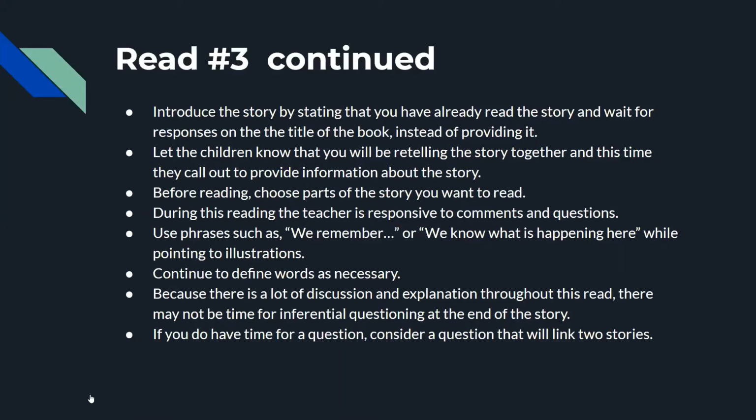But I would say to them, this is the time that you guys get to help me read the story together or tell the story together. You don't have to raise your hand this time. You can tell what's happening on the page. It takes them a little while to get that no hand raising protocol down because they're used to that in so many other scenarios within the classroom. So just being really clear about the expectation of one person speaks,